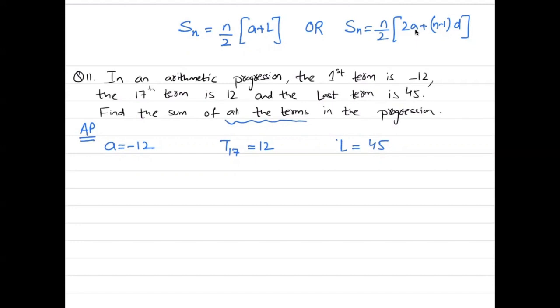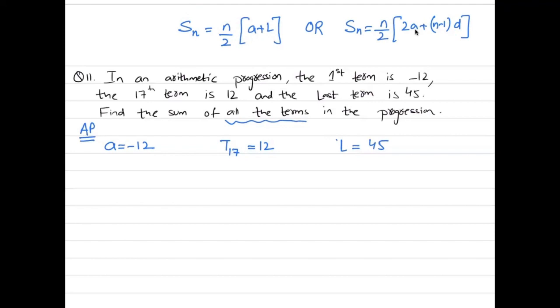Can you guys come up with a way of finding the total number of terms in this sequence, given that we want Sn? I'll say Sn is n over 2 bracket a plus l. But you know the first term, you know the last term, okay, but you don't know the number of terms. That's the problem. So can't you use the term number formula? Yes,